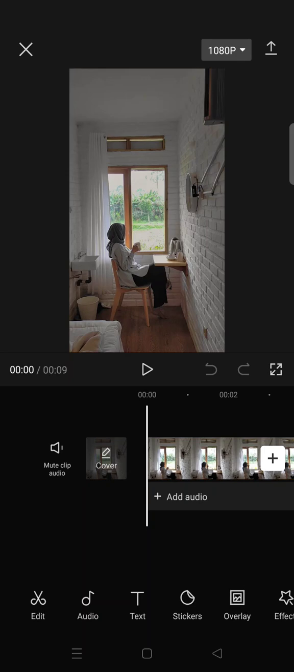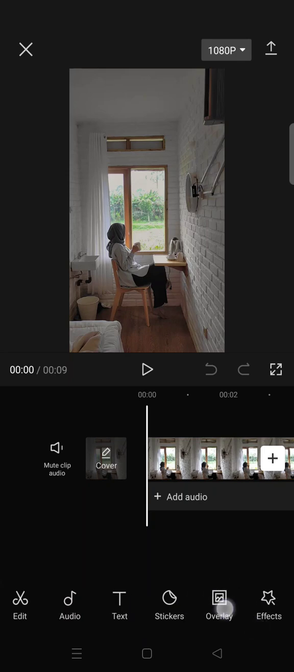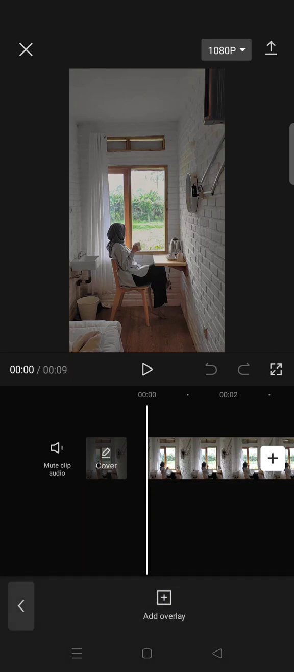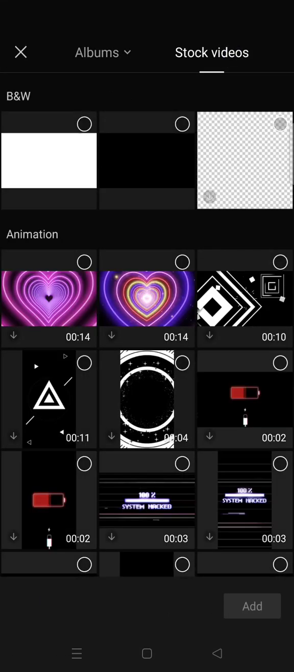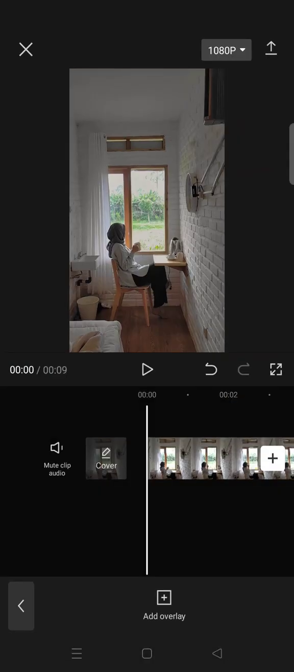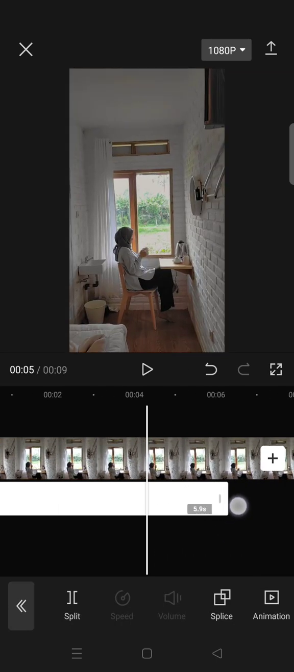First, add your video to CapCut and go to overlay and then go to stock videos. And then select a white image like this and fit the size until it covers all of your clips. I'm going to fit the duration also, and then go to mask